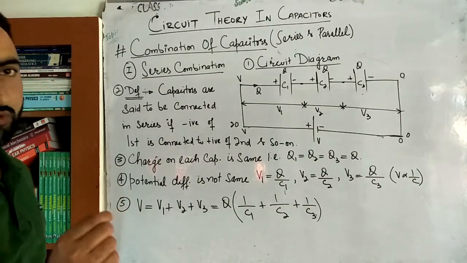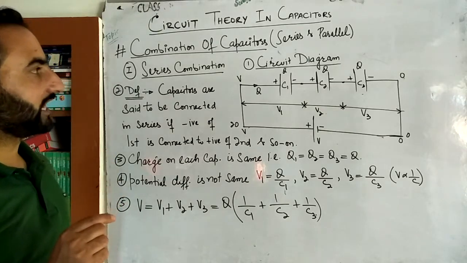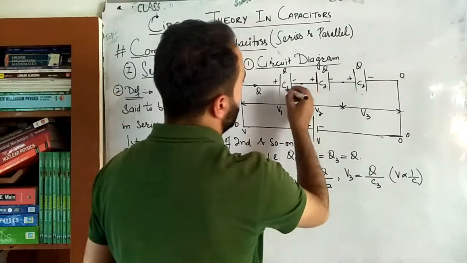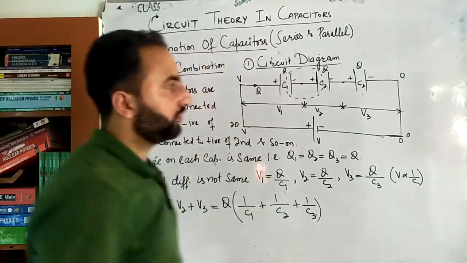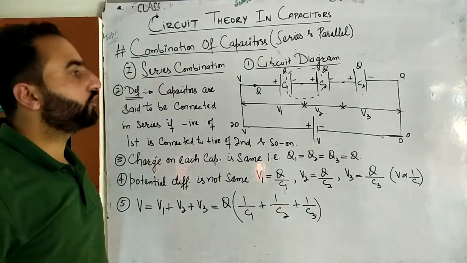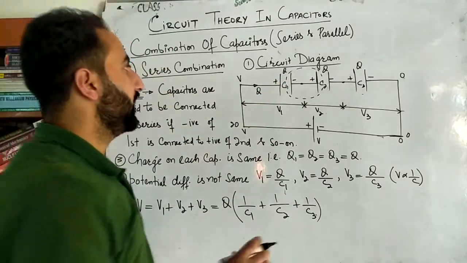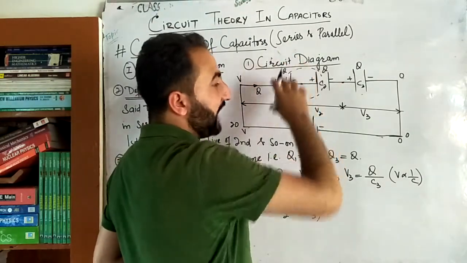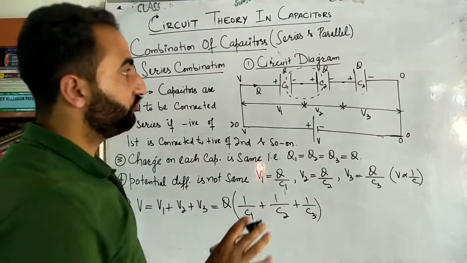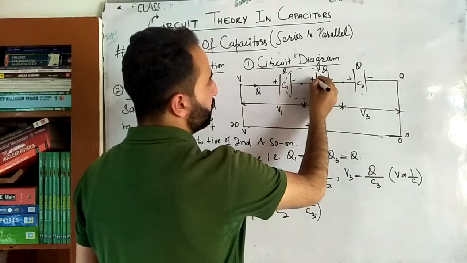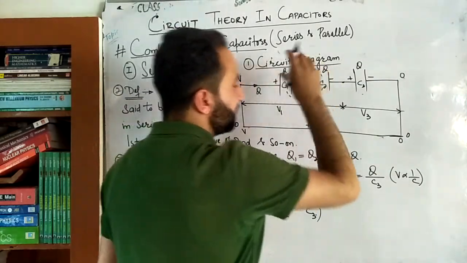So important point number one is that the charge stored on each capacitor is the same. The next point I will explain a bit. For example, this is an isolated system. Before charging this entire network, before connecting the battery, the charge on this plate and on this plate is equal to 0. Now the charge after must also be equal to 0 because it's an isolated system. It is not electrically connected to the remaining circuit. So the net charge must be equal to 0. Now let's assume the charge on this is plus Q, so the charge on this must be minus Q, so that they cancel. So the net charge on this network is again equal to 0.